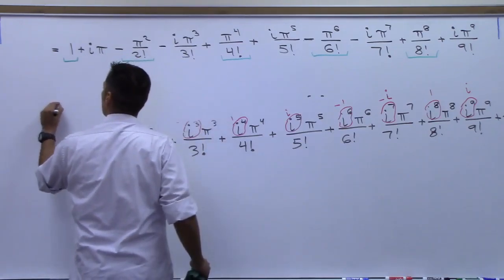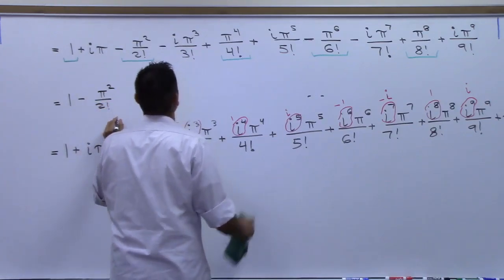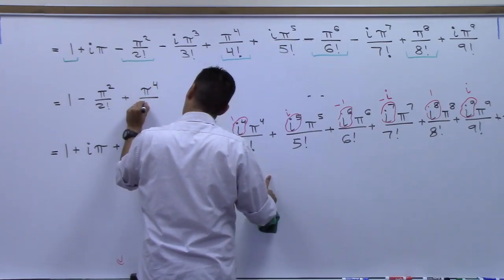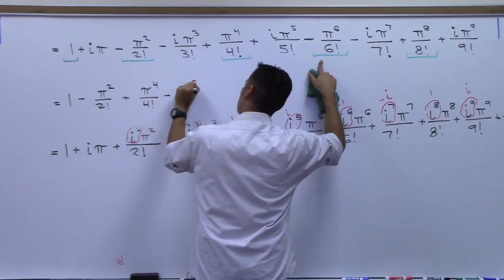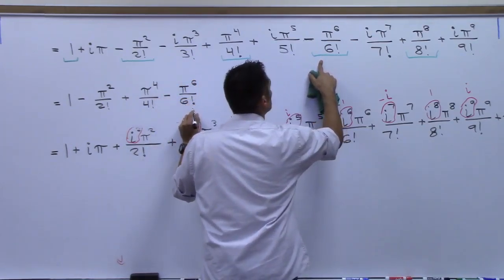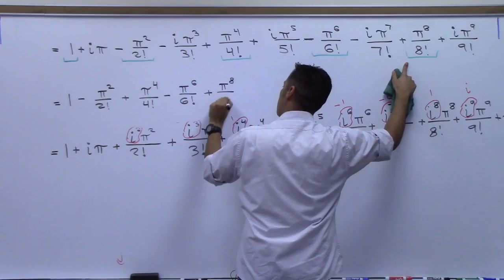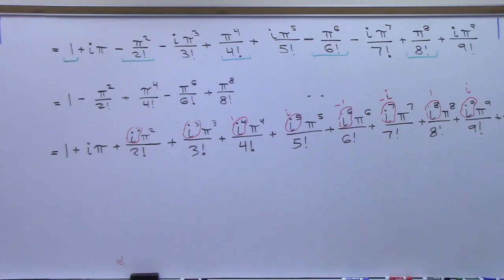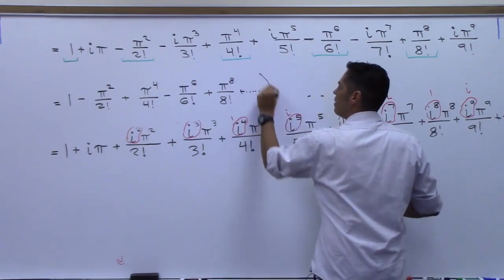This would be 1 minus pi squared over 2 factorial plus pi to the 4th over 4 factorial minus pi to the 6th over 6 factorial plus pi to the 8th over 8 factorial, right? What would the next one be? Minus pi to the 10th over 10 factorial. So I'm just going to put here plus dot, dot, dot. Agreed? Okay, it's that, whatever this is,